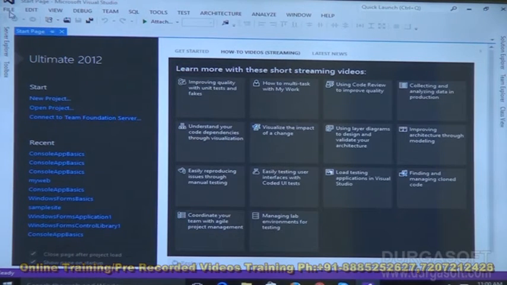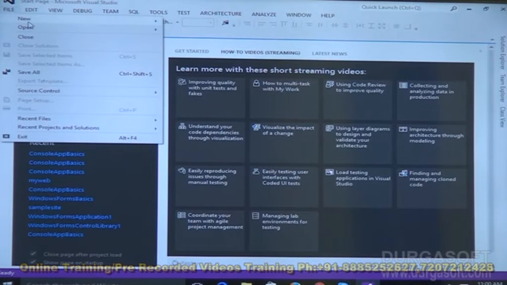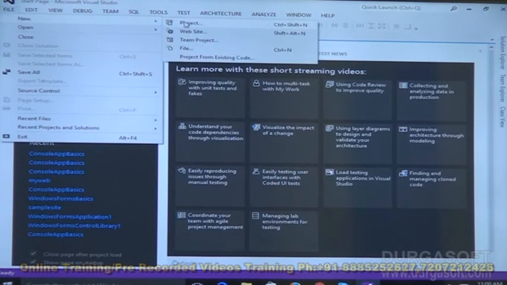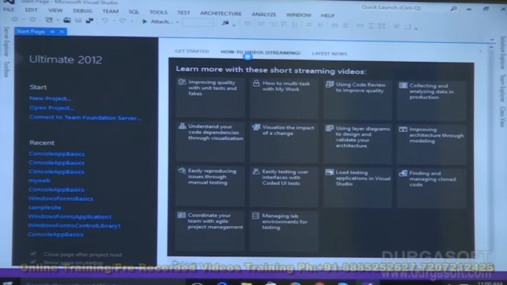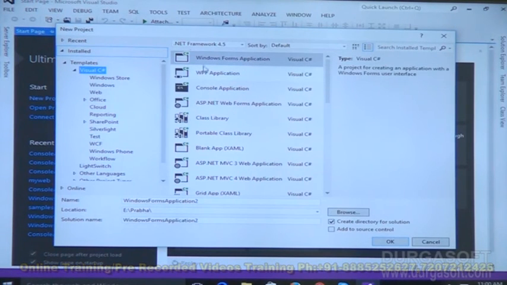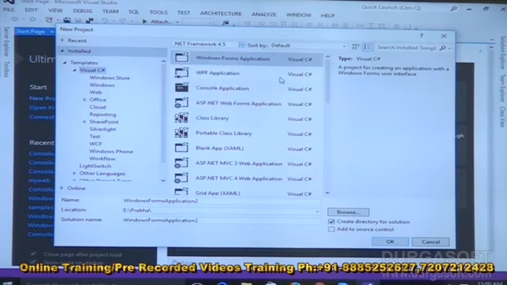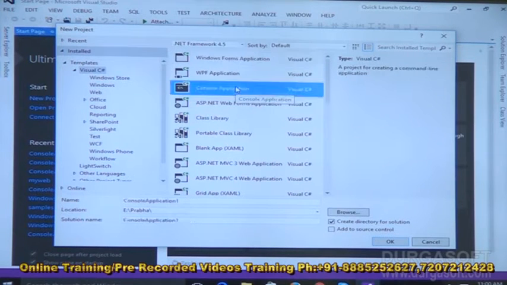Here I am giving the steps to create a console application. Click on File, go to New and click on Project. When we click on Project, you will see a dialog box window. Select Visual C# from the left-hand side. Visual C# is our programming language, because using this language we are going to write some programs. Then .NET Framework 4.5; if you want to change the framework, you can change it here. Then let me create an application using the console application template. Let me select this.